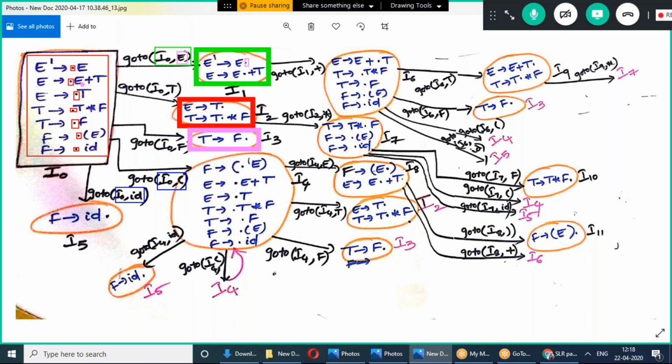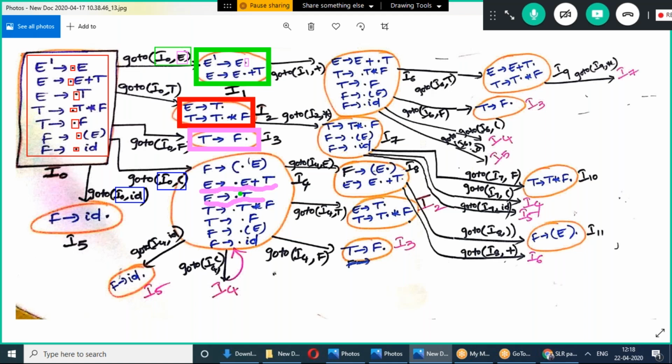E tends to dot E plus T. So we wrote that. And one more production is there, E tends to dot T. That also we wrote.